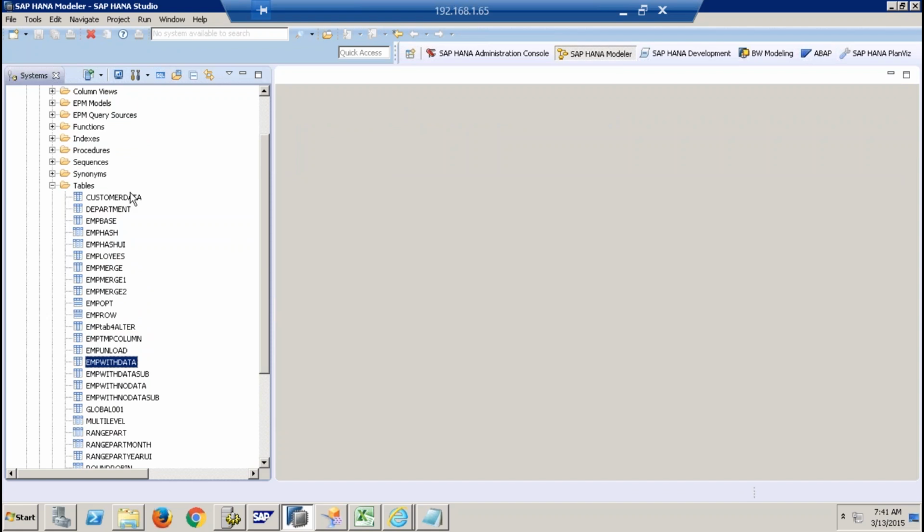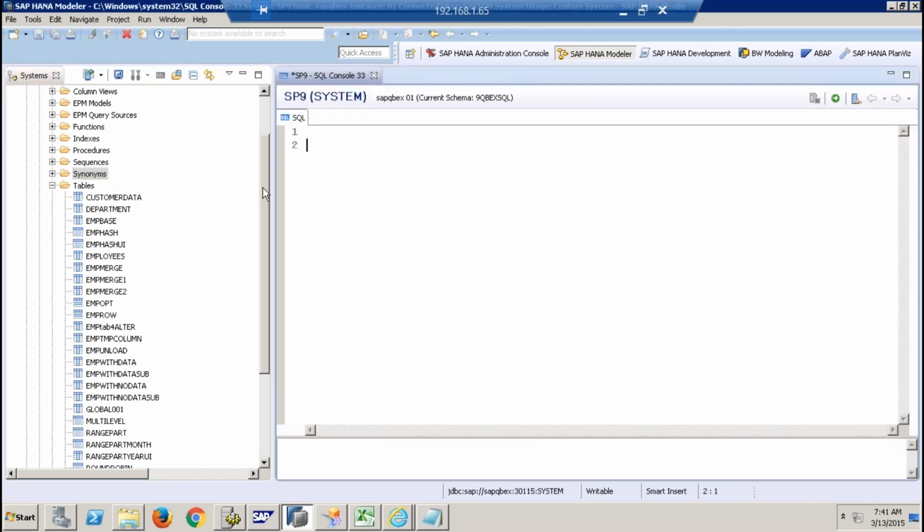I can also create a synonym. See, I'll say like this. Create, very simple. Create synonym, okay. And you would like to create this synonym in which schema? 9QX SQL. What is the name of the synonym you want? I want the synonym name to be EMP. For what? This shortcut name EMP should be referring to what? For